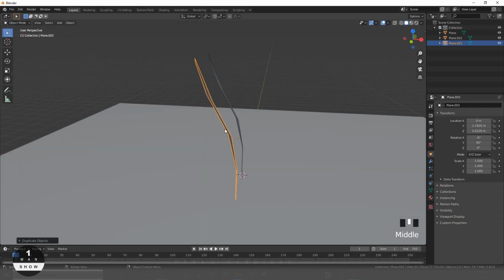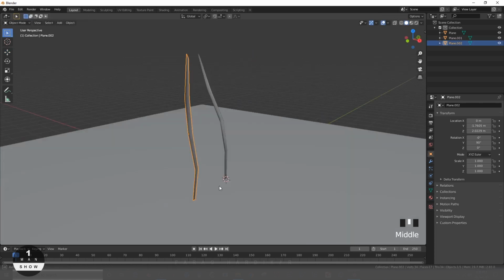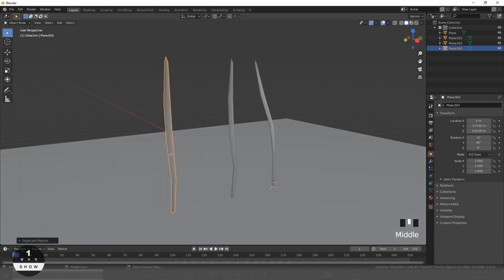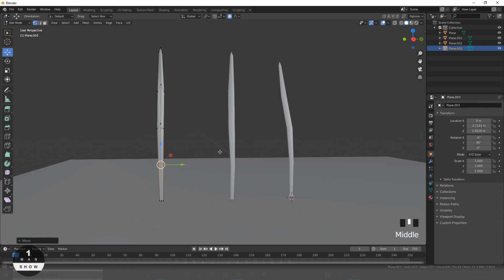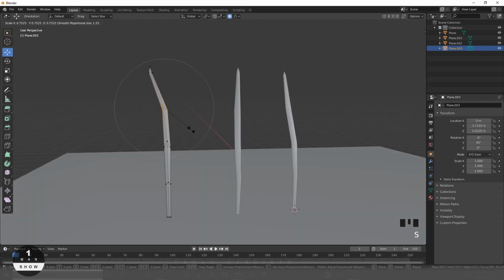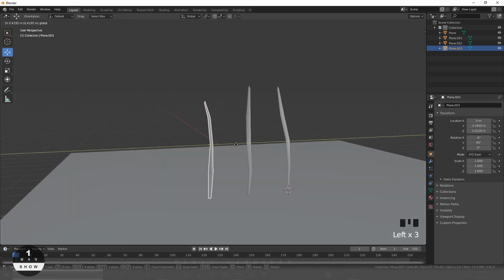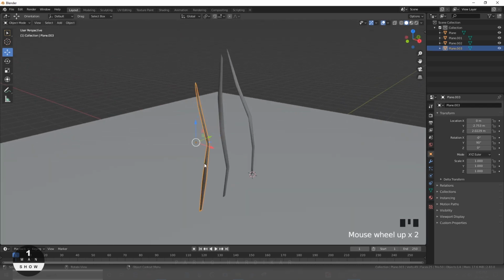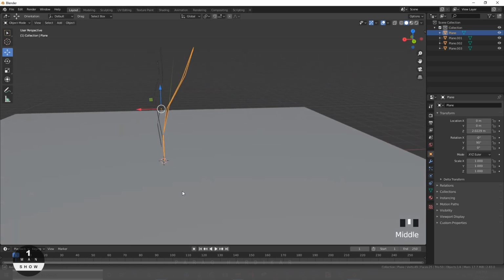To duplicate this, I am using Shift D on keyboard, and let's just create some variation of grass. Let's edit the origin point of this grass.